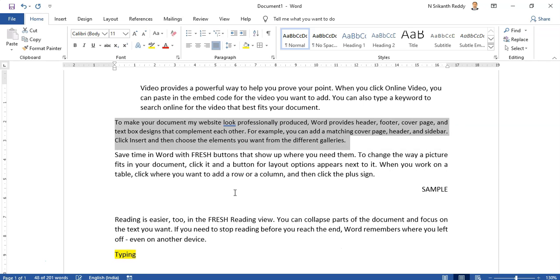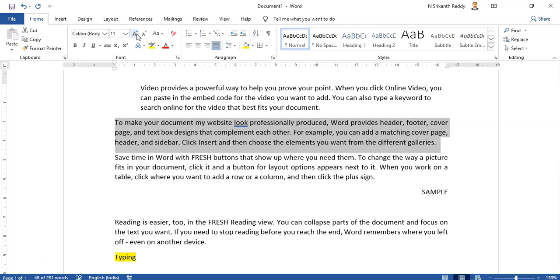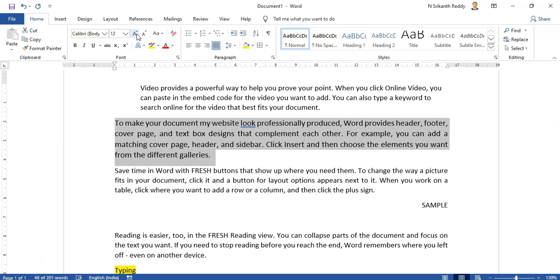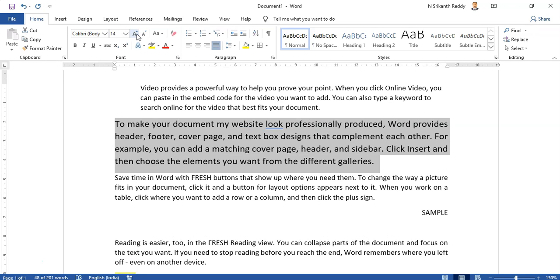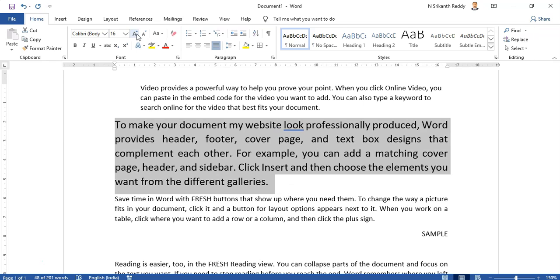So you can see the effect of the square bracket and the effect of Control Shift greater than. With Control Shift greater than, from 10 it is going to 11, from 11 to 12, then 14, then 16. So it is not going 1 point at a time.